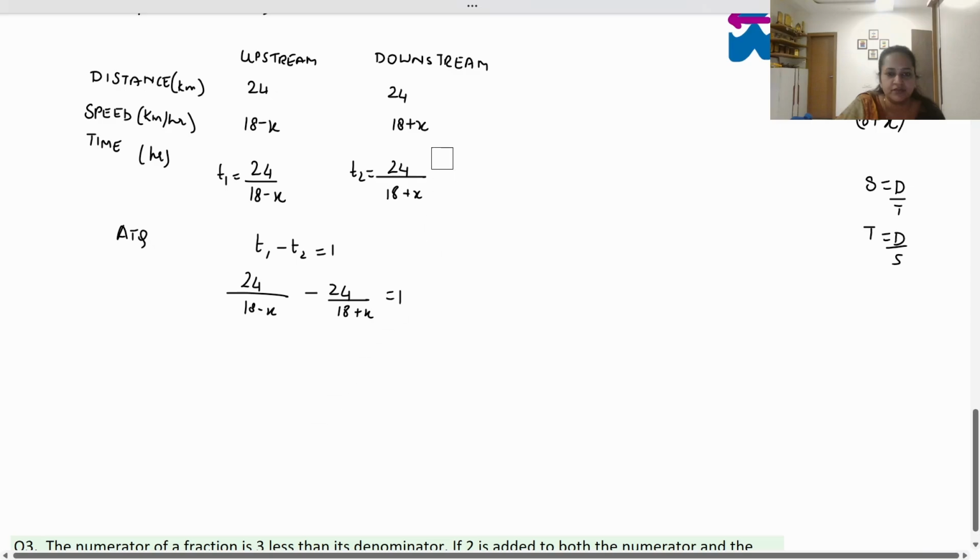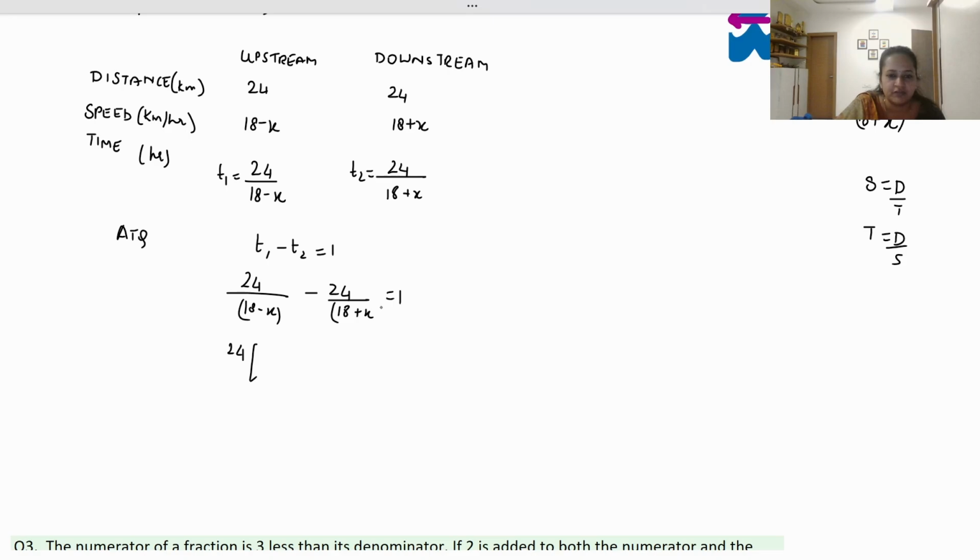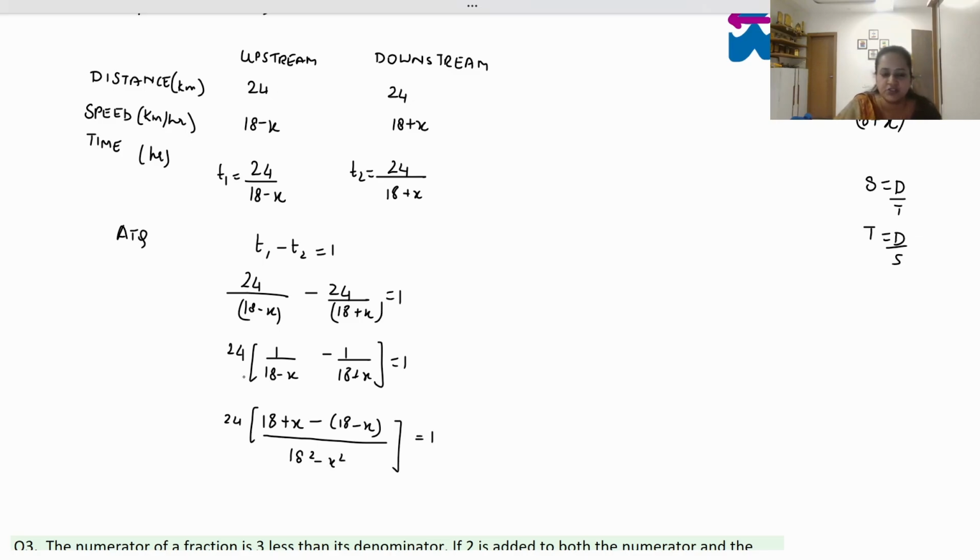Now let's solve it. What are we going to get? We can take 24 common. If we take 24 common, we are left with 1 upon 18 minus x minus 1 upon 18 plus x is 1. If we simplify the bracket, we are going to get 18 plus x minus 18 minus x. Children, don't forget to put the bracket, because if you forget the bracket, you will definitely make a sign mistake. In the denominator, we had 18 minus x, 18 plus x, which is of the form a minus b, a plus b. So we got 18 square minus x square. So we have 24 times 18 plus x minus 18 plus x upon